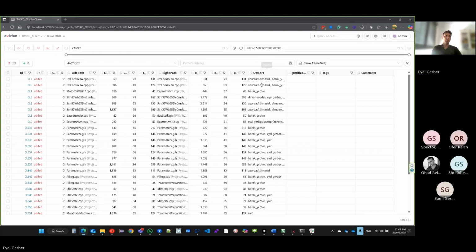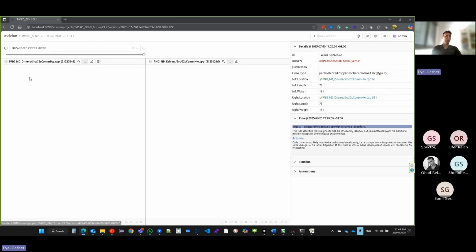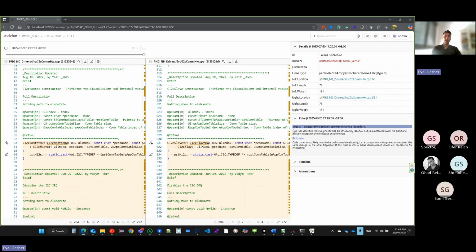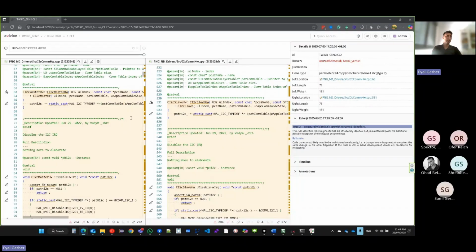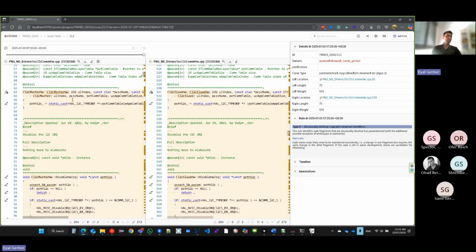And I can see for every single part of code who is the owner in my organization, who made the commit that is associated with this clone, and which file, right? And I can click on it. Let's say this one right here. I see over here on the right the problem with the clone and the description. I see the exact location, but I can also scroll down and it tells me, hey, you have this